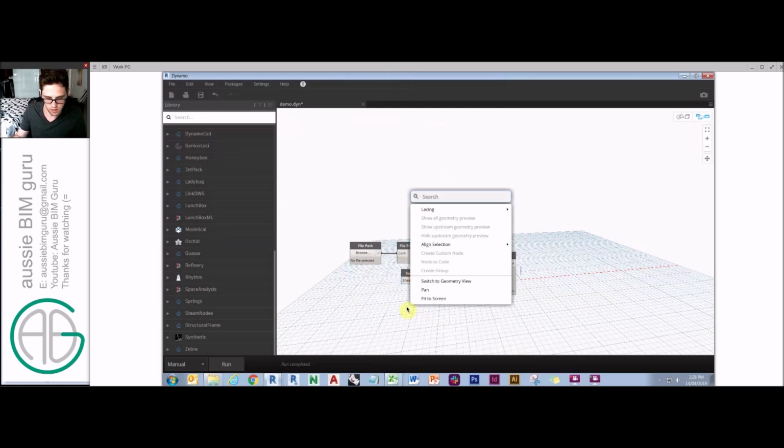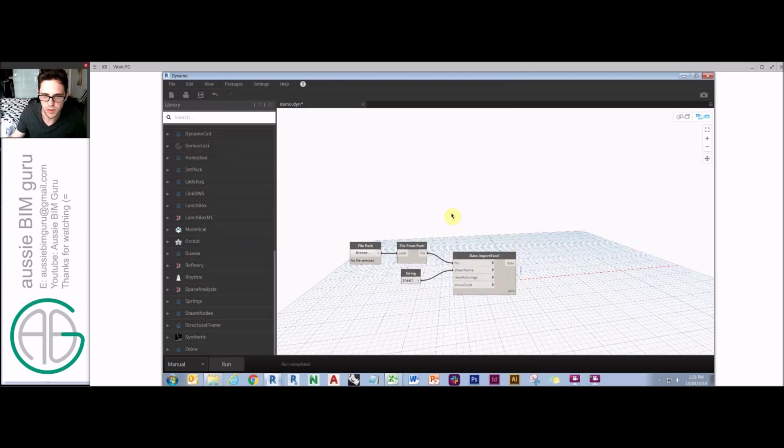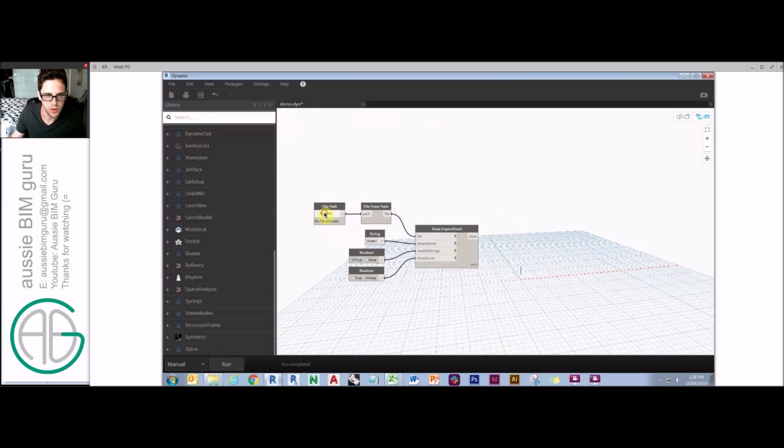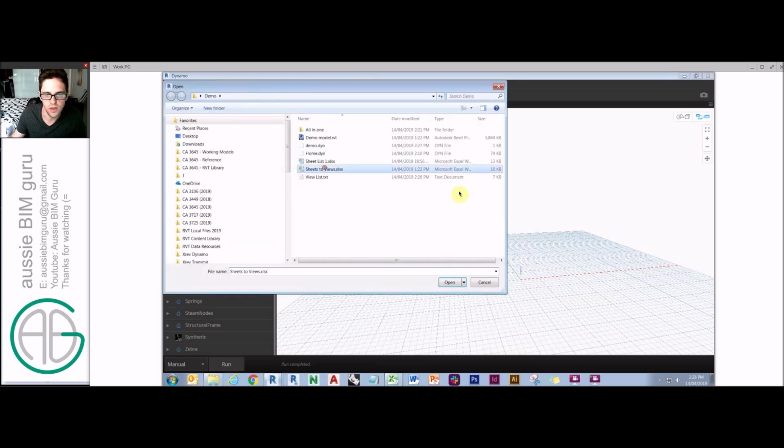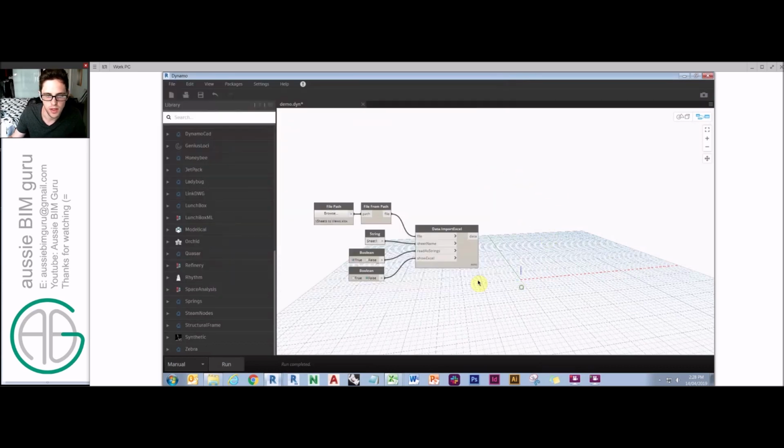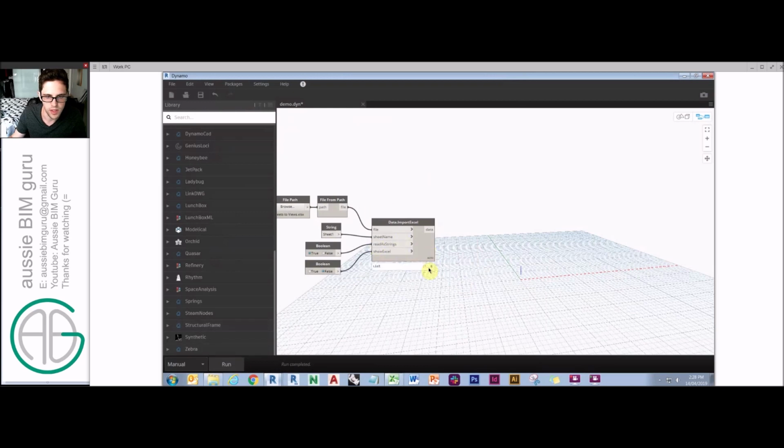So sheet name, we need a couple of booleans, or we do want to read them as strings so that numbers aren't interpreted as doubles or numbers. Dynamo calls numbers that are whole doubles instead of integers. Okay, so that would get us our Excel file. So we'll just browse to our data. So sheets to views. Okay, so if I just do a run on that, you'll see that I get a table